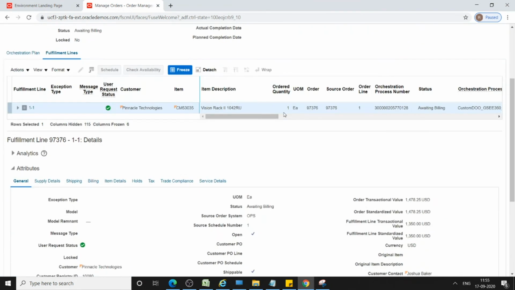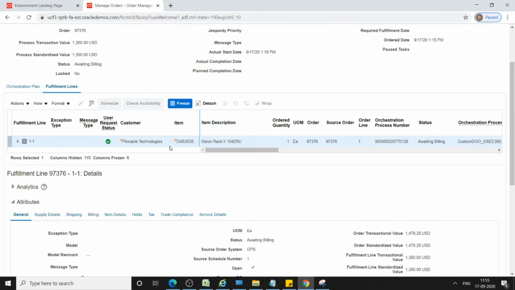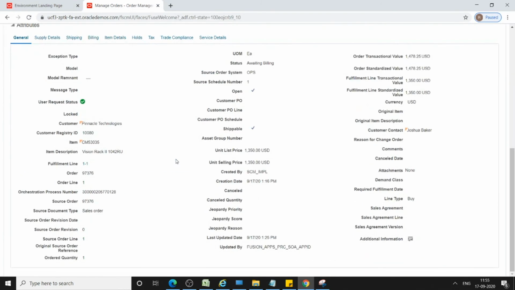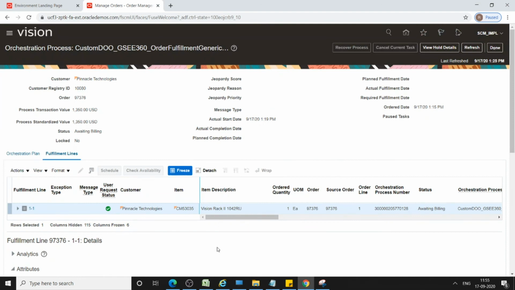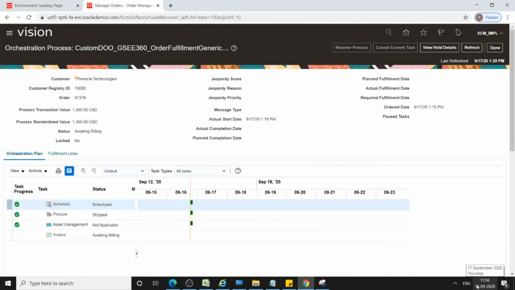Before going to fulfillment lines, we can check the orchestration plan. In the orchestration plan, initially it is scheduled, then procured, and in procurement the status is shipped. The next status should be awaiting billing.